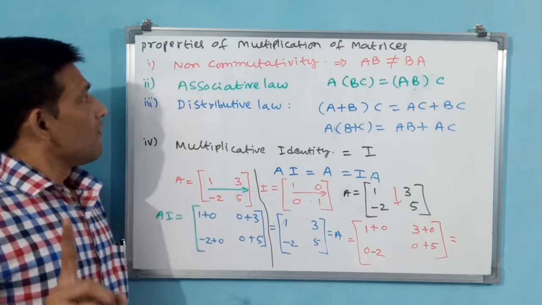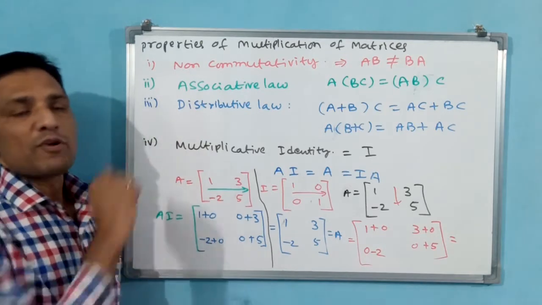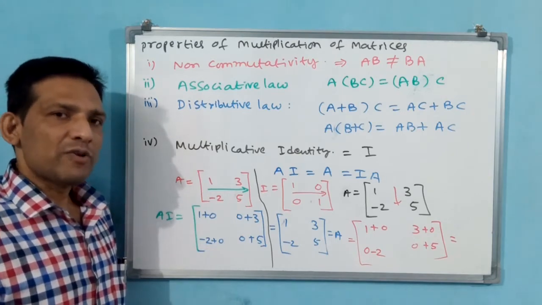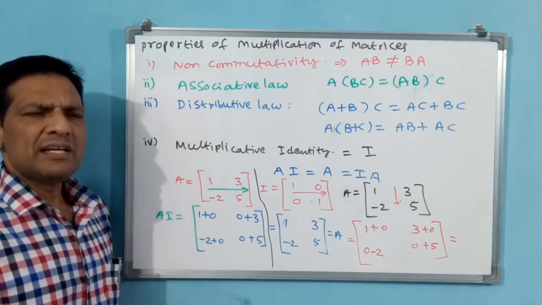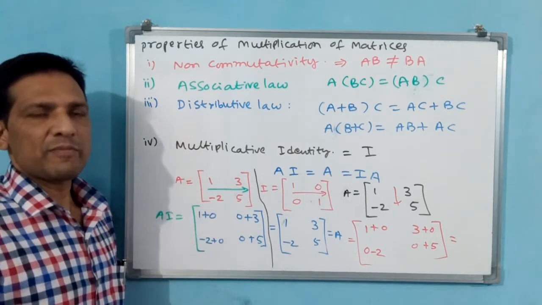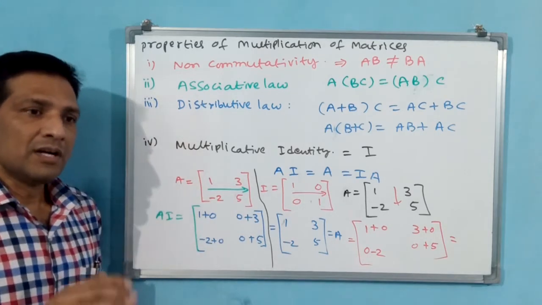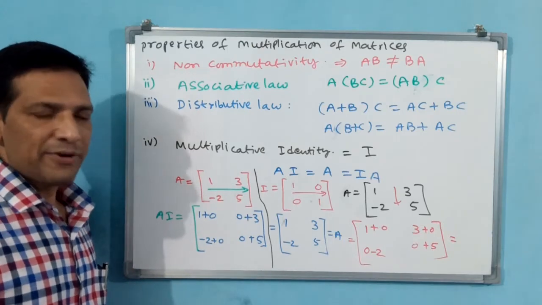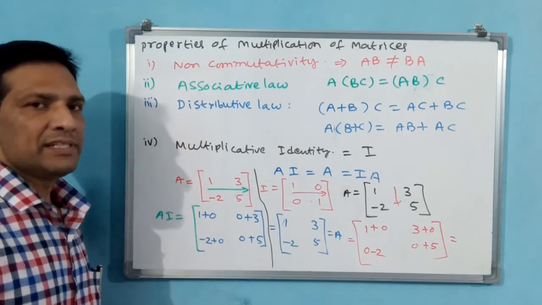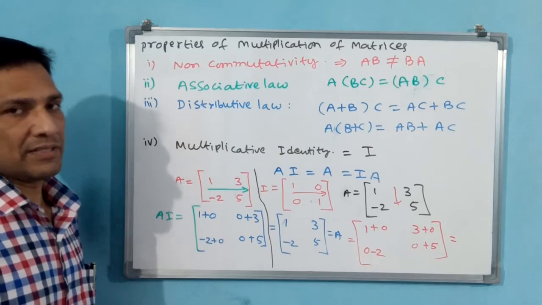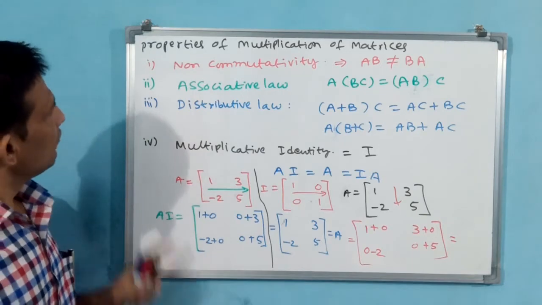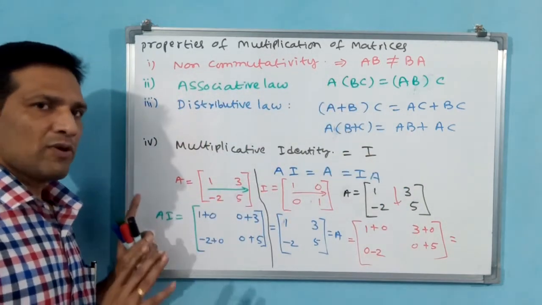Now you might have thought, sir, one more, the multiplicative inverse, we have not seen. The additive inverse we have seen, minus A, but why have we not seen the multiplicative inverse? Multiplicative inverse is a tough concept like multiplication of matrices, and we see it separately. For doing exercise 3.2, multiplicative inverse is not required. We will see in the next classes that inverse, that is called inverse of matrix, or multiplicative inverse. Now we can say that properties of multiplication of matrices we have finished.